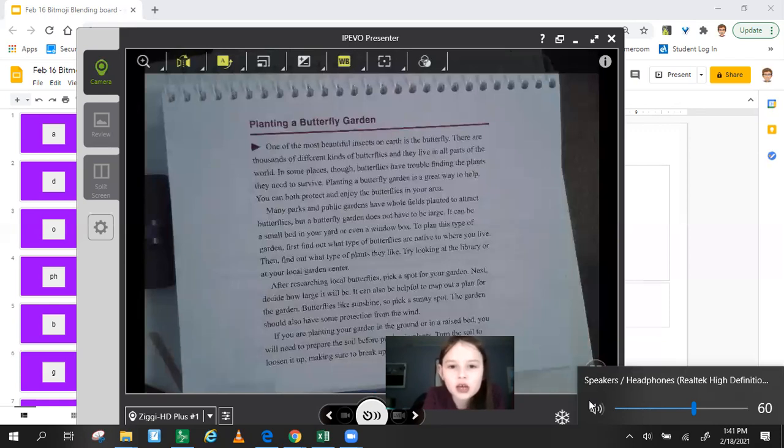Many parks and public gardens have whole fields planted to attract butterflies, but a butterfly garden does not have to be large. It can be a small bed in your yard or even a window box. To plan this type of garden, first find out what type of butterflies are